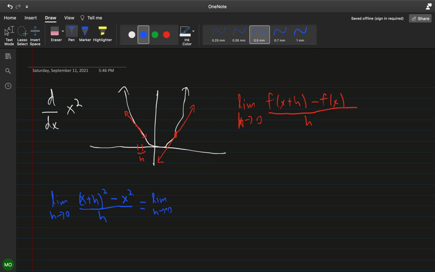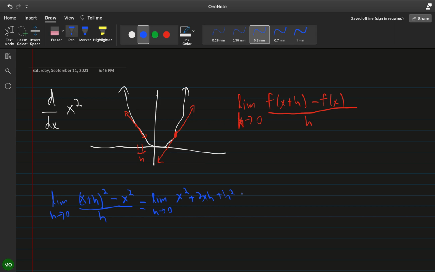A quick side note, a common mistake I tend to see is people stop writing the limit. So if you forget to write the limit here and you continue on, you're actually violating this equality right here. So it's always good to double check when you're doing your work that your math is actually correct. So continuing on, we have the limit as h approaches 0 of x squared plus 2xh